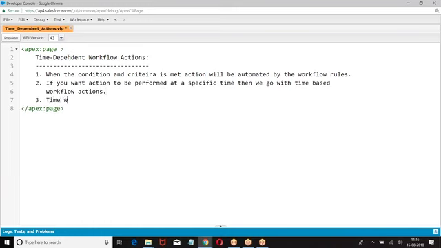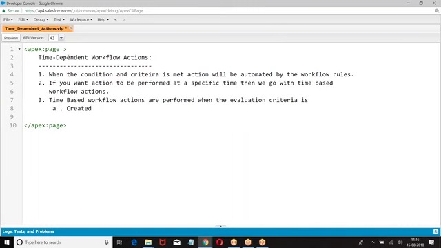Time based workflow actions are performed when the evaluation criteria is created and any time edited to meet the criteria.